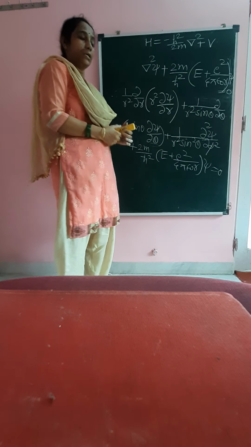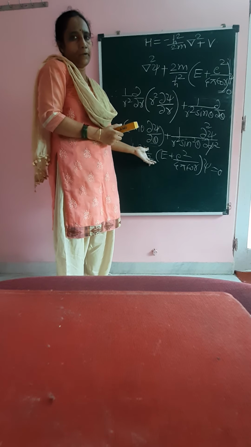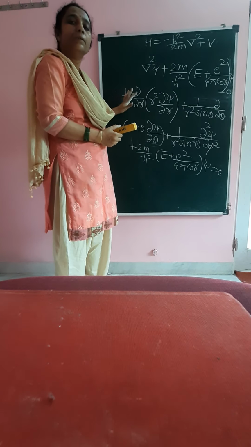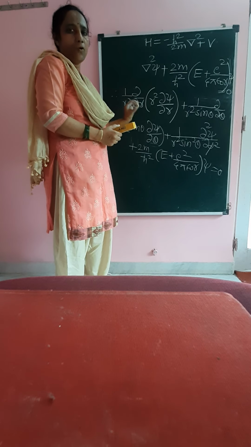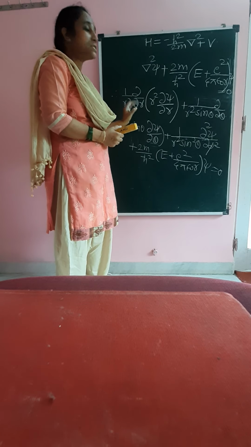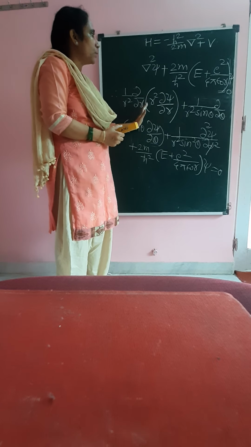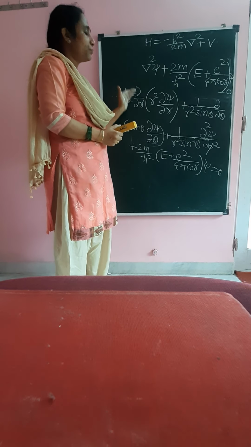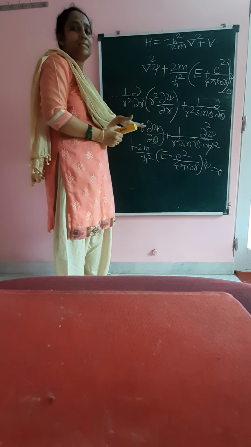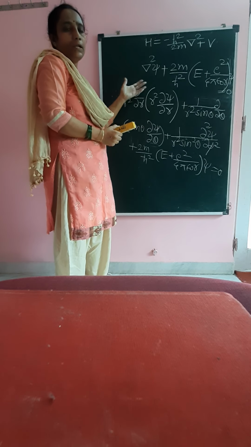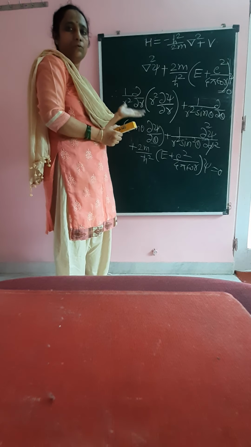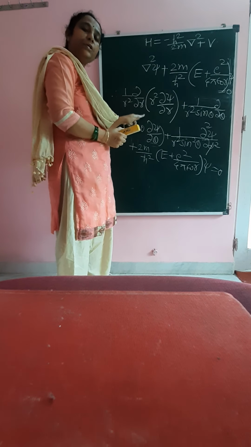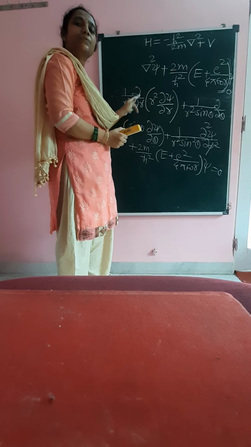Now see, this is the Schrodinger equation for hydrogen atom. But now what we will be doing, we will be arranging it in a particular form, and for that what I am going to do is I'll be multiplying this equation by r square sine square theta. See, you will have to do all these steps on your own. Not only by listening it will be possible, you'll have to write and do it on your own. So we are multiplying this equation by r square sine square theta.